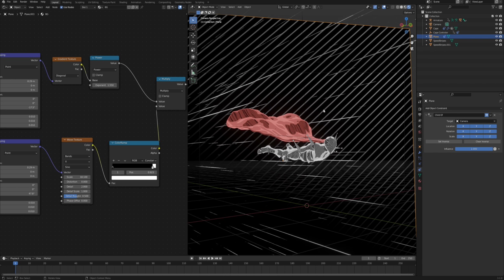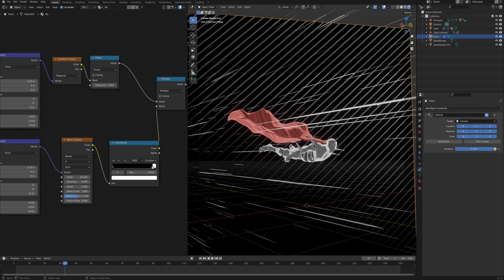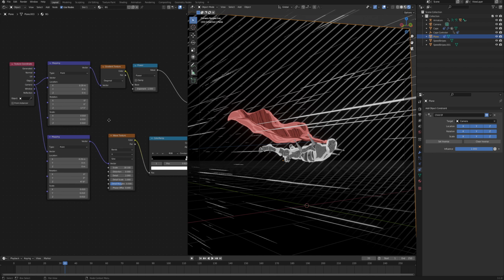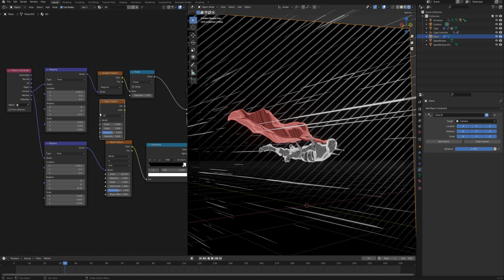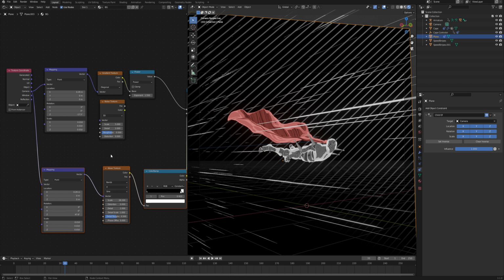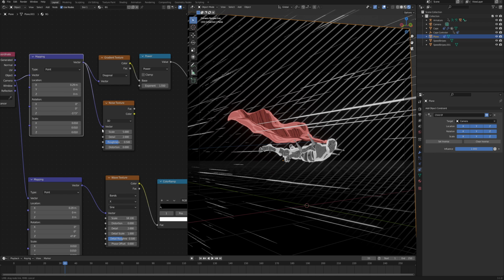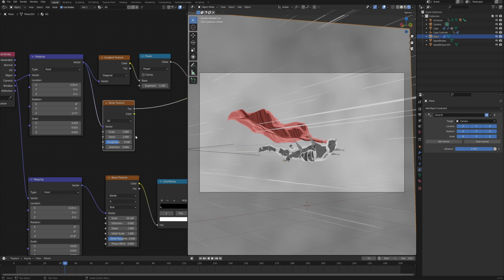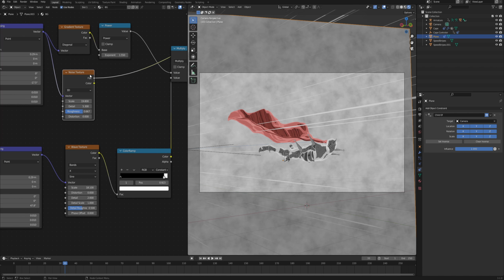Now, one thing that we can do, which you could also see in the intro, is distort these lines a little bit, because right now they are pretty static. We can also make them complement the whole velocity and movement of our scene by animating the noise that goes through them. First of all, I will need a noise texture somewhere around here. Let's move it here to get some space. Now I want to take this mapping node vector and connect it to the noise texture. Let's preview that and increase the scale and also the roughness and the detail quite a bit. We want it to be quite noisy. Then this factor output goes into the wave texture detail scale.